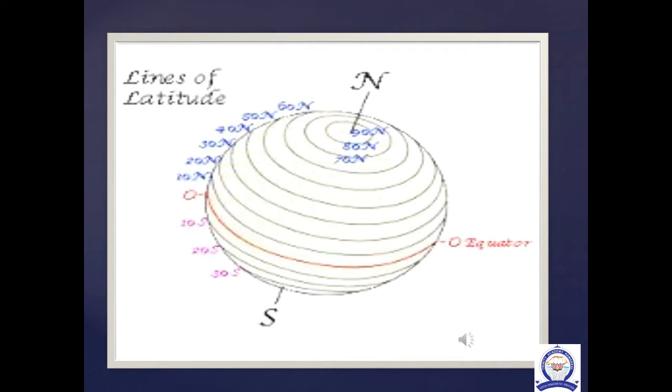The lines of latitude that are drawn horizontally between the equator and the North Pole are called northern latitudes, and those which are found between the equator and the South Pole are called southern latitudes. The lines of latitude consist of 89 parallels in the northern hemisphere and 89 parallels in the southern hemisphere, one at the equator, and the two poles are found as points. Totally, there are 181 parallels found on the Earth.